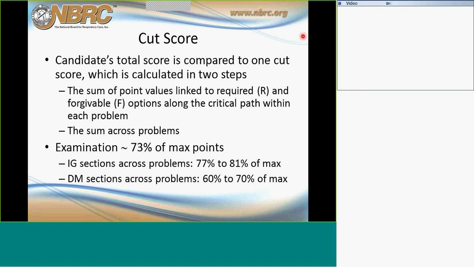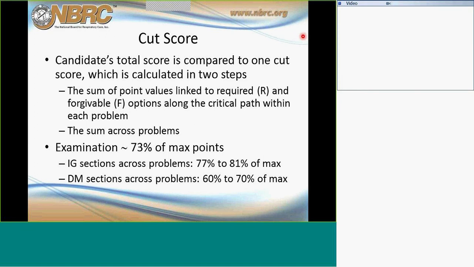If someone makes a mistake for an understandable reason, and again, in the context of someone who's minimally competent, then the exam committee can choose to associate the forgivable label with the option. Remember that a forgivable option has a point value of -1, and so adding the -1 to the total of scores from other required options effectively moves the cut score down a point, and in turn would make it easier to pass, moves the passing standard down